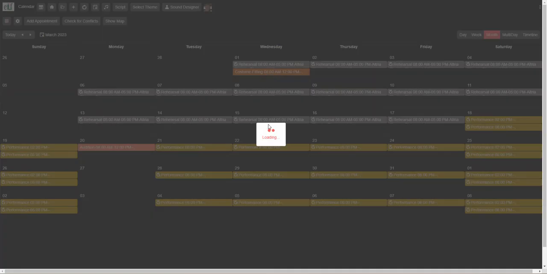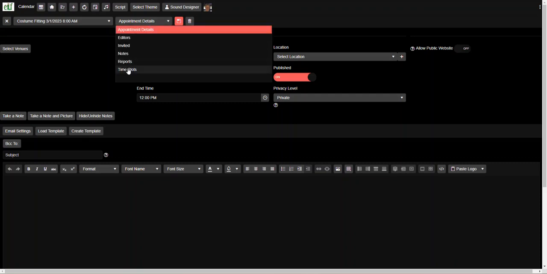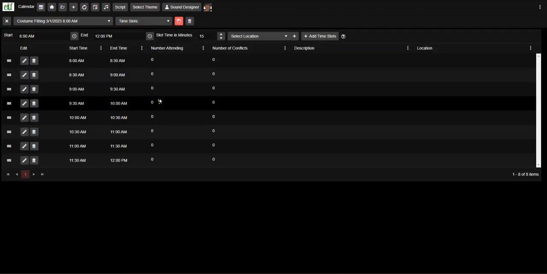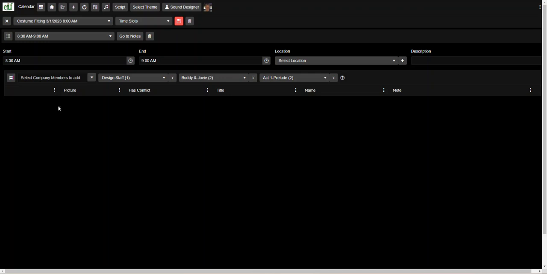And now let's say they're ready to invite people in. Now, appointments can be public or private. If it's private, only the people who are invited or who created the appointment can see it. So I'm going to go to my time slots, and let's say we want to bring them in from 8:30 to 9. So if I click this, everywhere in ShowBuilder it's the same when you want to list out who